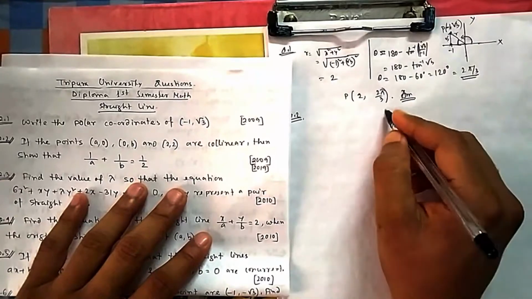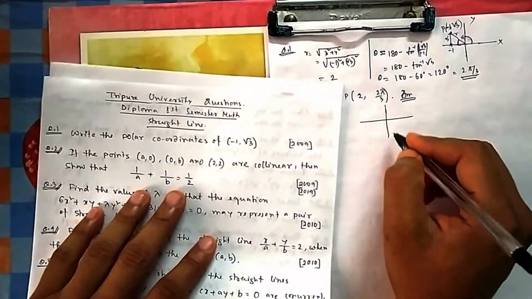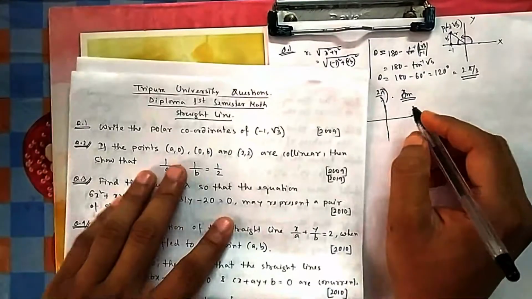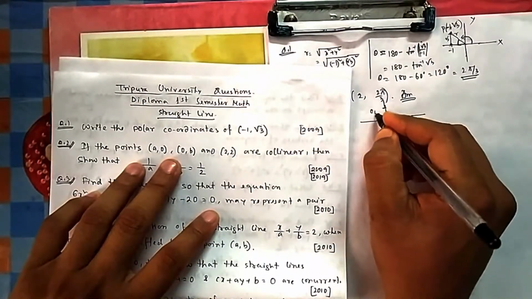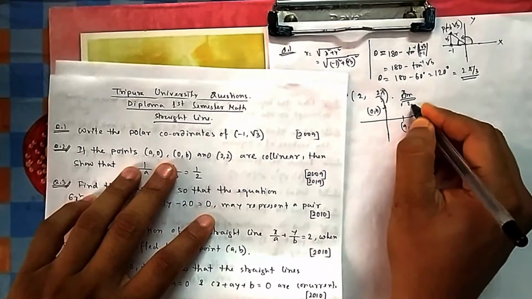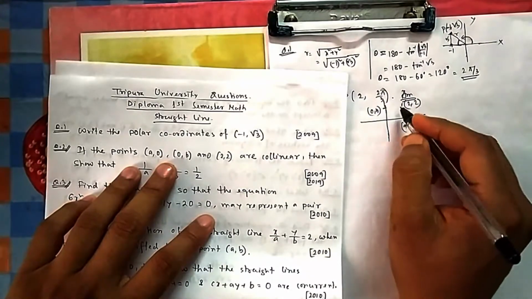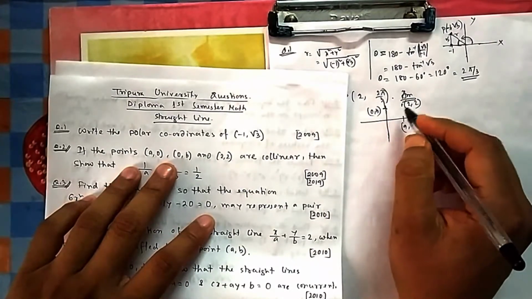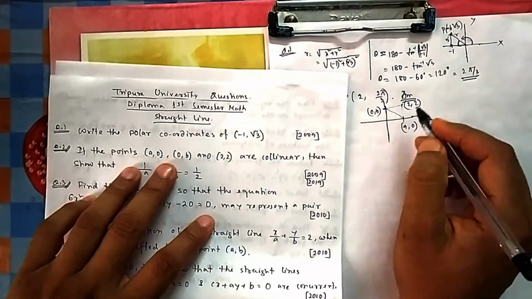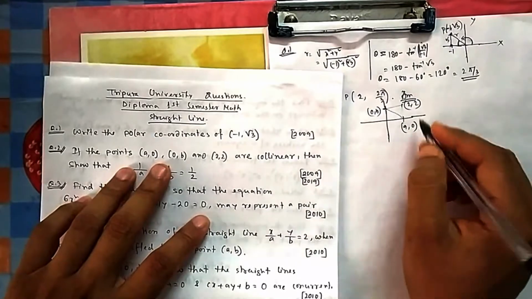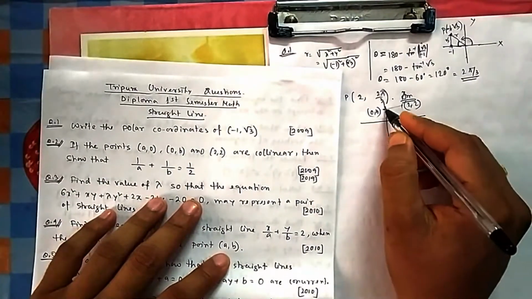What was that formula? Before that formula, let me draw, because in coordinate geometry I always prefer to draw it. Once you draw, many things are cleared with this one. A, 0, 0, b, and then 2, 2. Suppose these are the coordinates. Because I have to show that they are collinear, in the same line, let me take it as a triangle and then think. The area should be 0. If the area is 0, then they are on the same line.